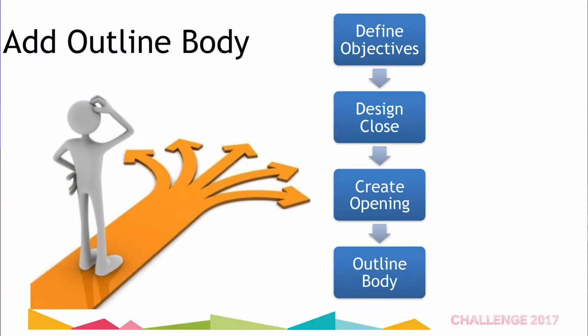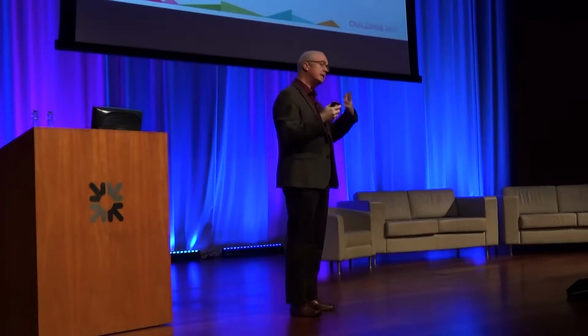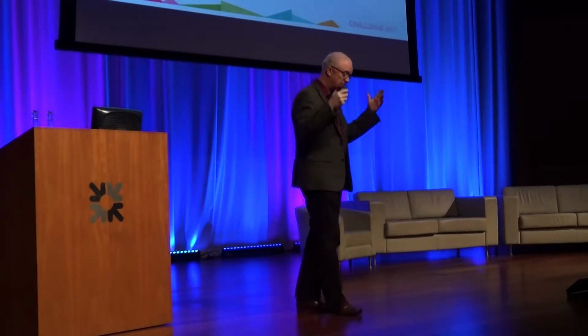So where are we? We've defined our objective, we've closed, we've created our opening, and now you're going to move on to the body of the presentation. How do we do this? Well, any mechanism you like. You can use big boards, you can use cards, you can use PowerPoint, moving slides around, however you want to do it as a team. But basically create one card, one piece of paper for every bit of your storyboard. I like to think of it like that. It's like a journey. I'll talk about that a little bit later and how you segue to different parts of the story.